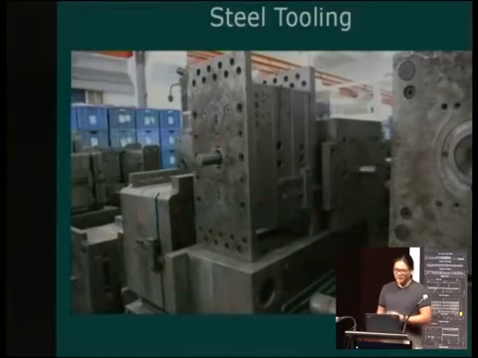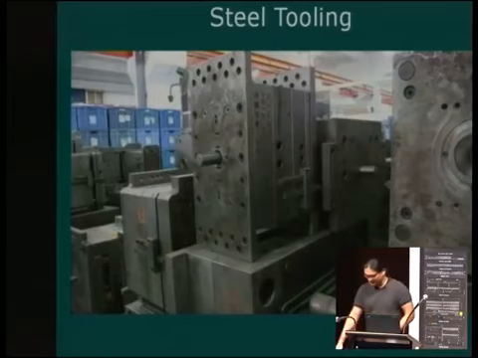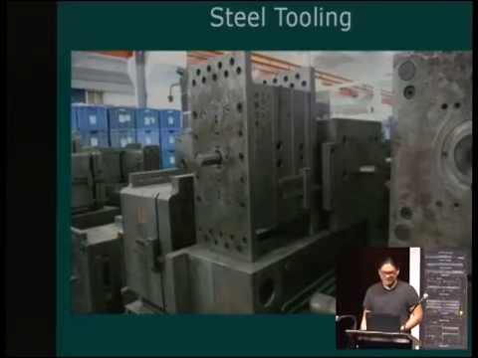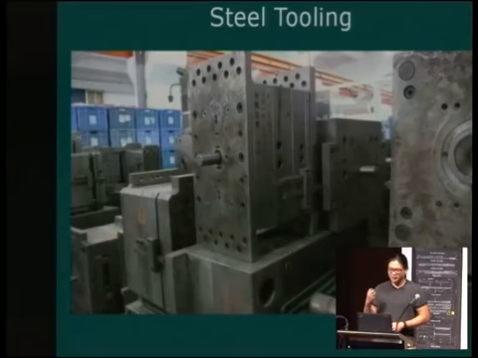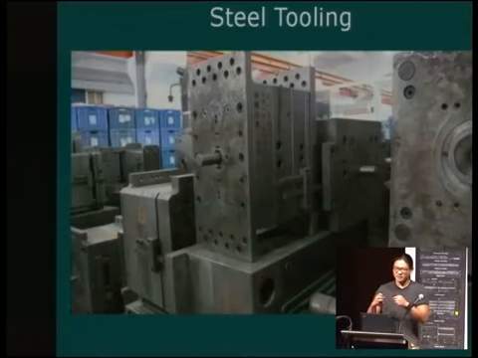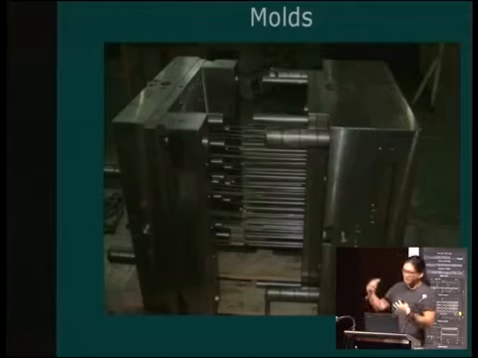Once you've gone through all of that, then you actually need to build these things for doing the injection molding. These are the steel tools that are used to do injection molding. Just for reference, this one's probably about the size of the table here. They weigh several tons, and they have to take really high pressure plastic and force it into a small cavity and turn it into your injection molded part. This is what the tool looks like when you open it up. All those little pins there are